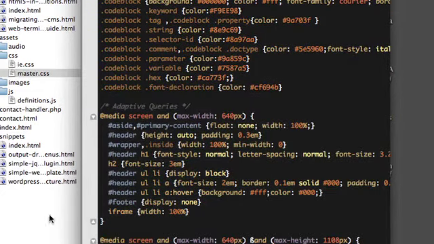And then we have the adaptive queries, these are called media queries. So if you're on a screen and you're less than 640 pixels wide, which is probably on a phone, and again, this is only in supported browsers, then these CSS attributes are applying. We say